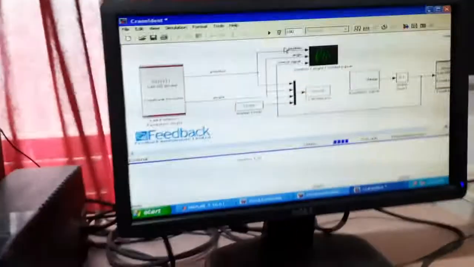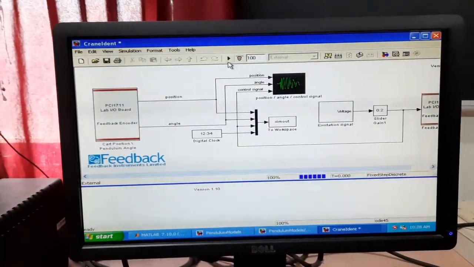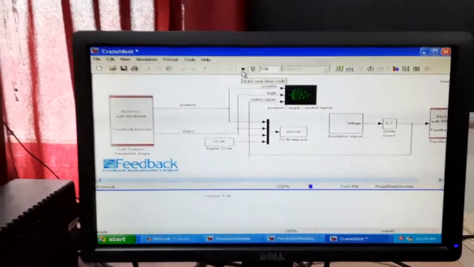We have to press the start button of the hardware part, then click this run button.